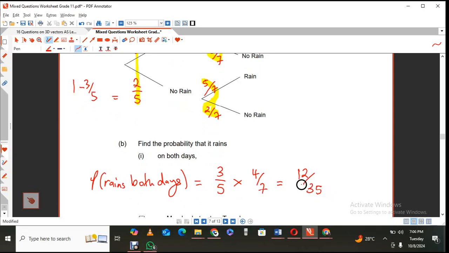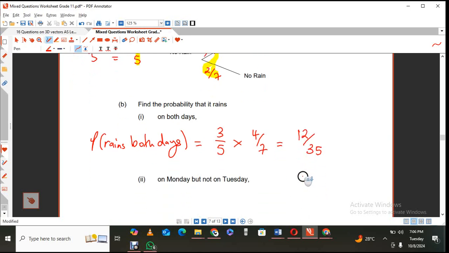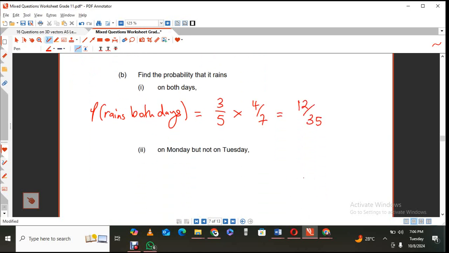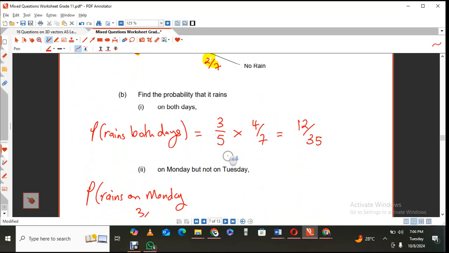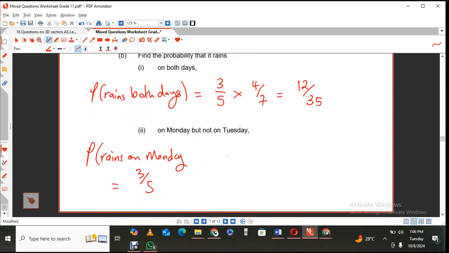Remember, probability is always between 0 and 1, so you can give this answer as a decimal, but this should be fine. The second part says the probability that it rains on Monday. We already know what Monday's probability is. Monday is 3 over 5. Just go back and refer to the diagram. It rains on Monday, but not